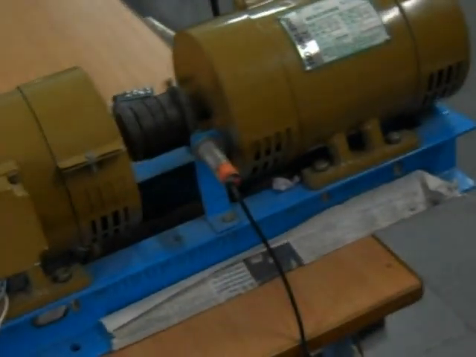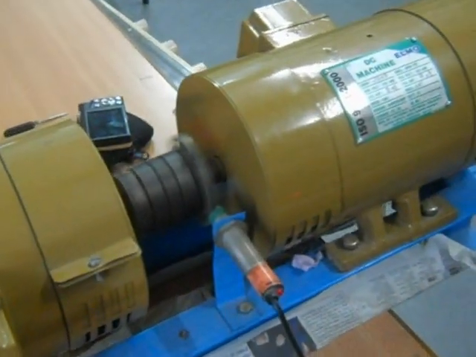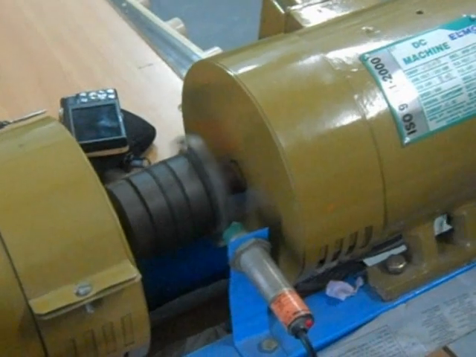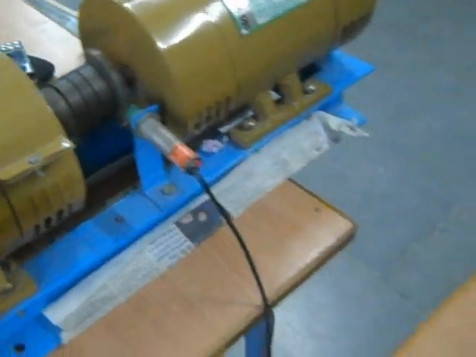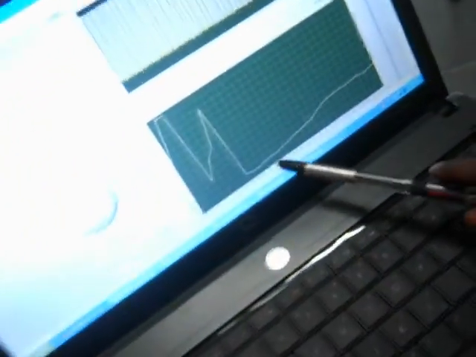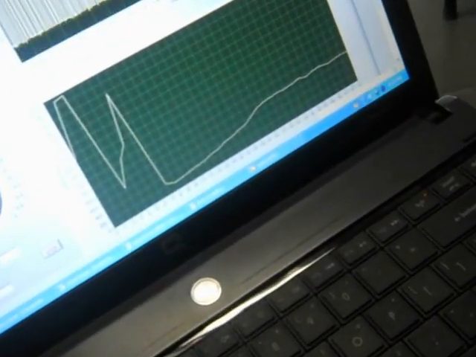As you can see, the motor starts rotating. You can see the motor rotating actually. So as you increase the speed in the front panel over here, the motor starts accelerating and it starts gaining speed. You can see the motor running. So now coming back to the front panel over here, you can as well see the graph that is over there. You can see that the graph is being produced over there.